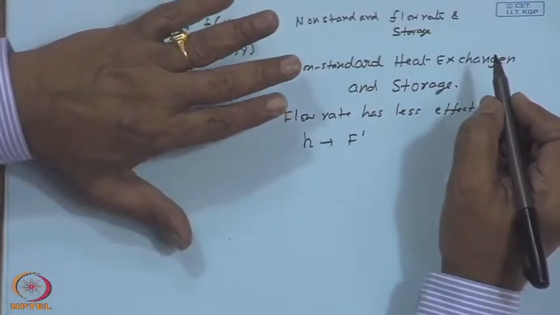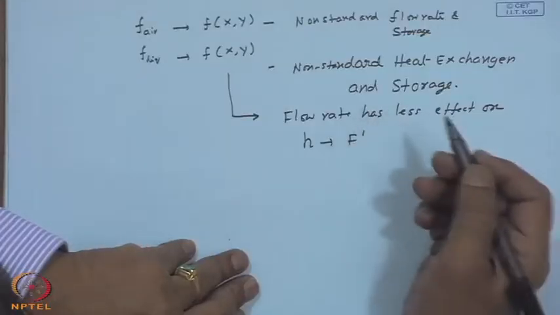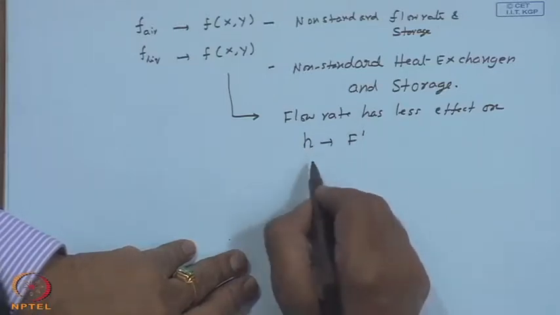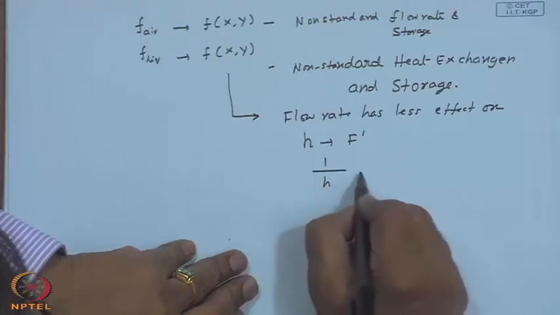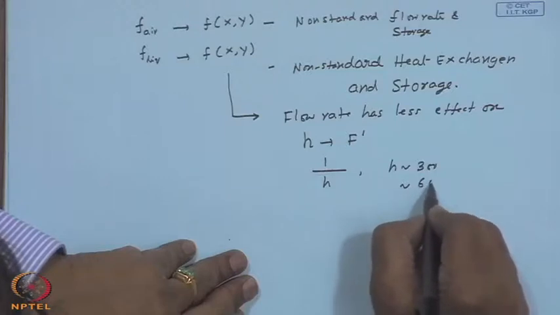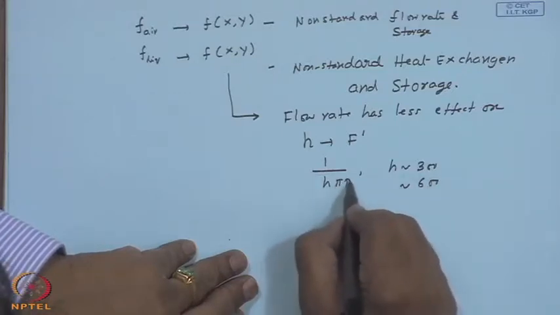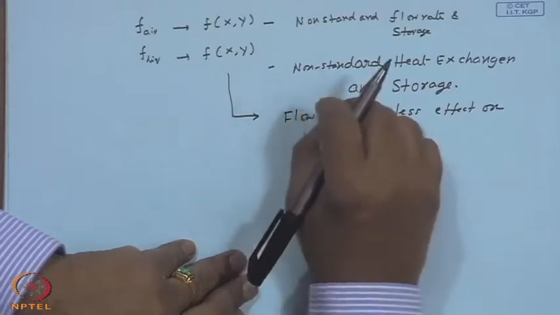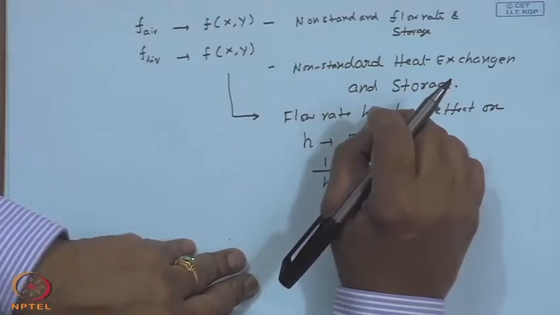So, for a flow rate of let us say 2 liters to 4 liters, unless the range changes from laminar to turbulent flow, my heat transfer coefficients are pretty much in the same range. And more importantly, if you recall the expression for F dashed, the resistance is something like 1 by h, and h if it is of the order of 300, even if it becomes 600, 1 by h pi d I will be still small. Consequently, the flow rate of the liquid system does not make much difference in F dashed,